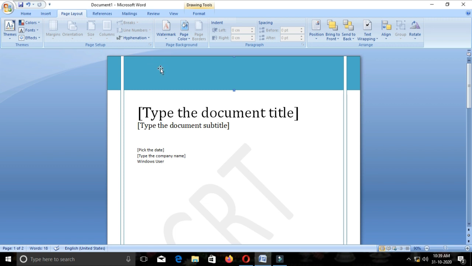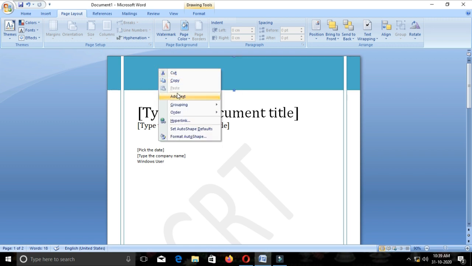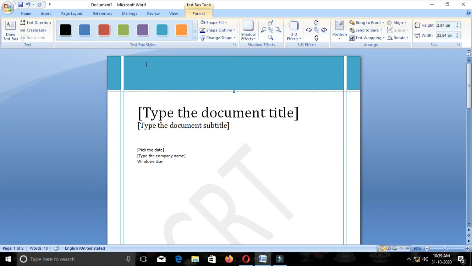First I am typing: right click, add text, then tab, tab, tab, tab.